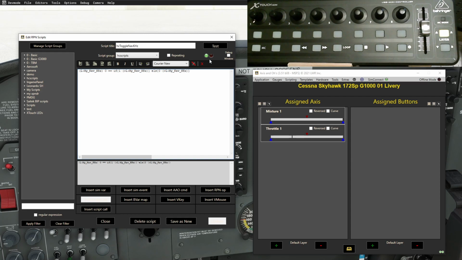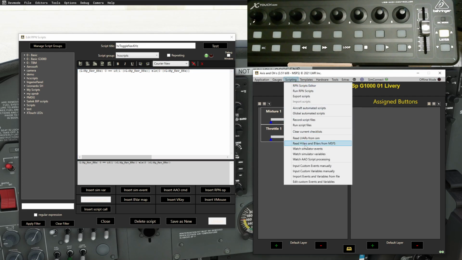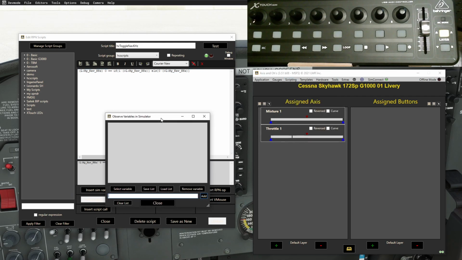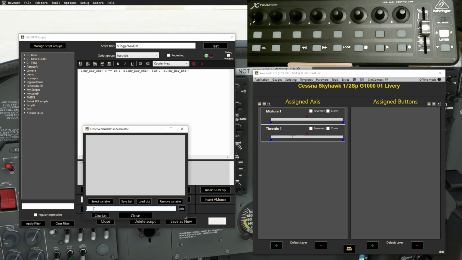kilohertz. We've got a green light here which is suggesting that at least the syntax is correct. It may not be that my logic isn't correct, but my syntax is correct. What I'm going to do just before I commit, we will have a look at that variable and watch it happen. So we're going to watch that simulator variable. So we'll put it in here. L my nav kilohertz. Add that,